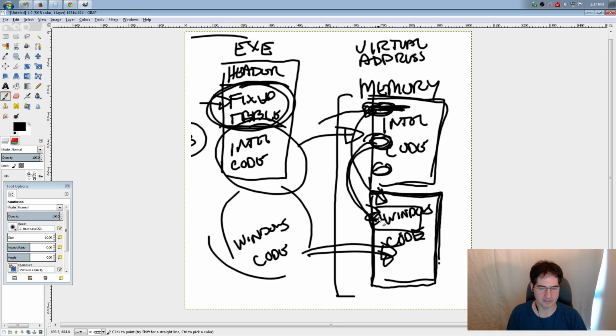When all of that fix-up is done, it uses one final piece of information. It wouldn't really be called a fix-up, it wouldn't be in a fix-up table, but it would be the entry point, which is basically the location in this code to start running. And it just jumps right into that and then goes, right? That is how basically something gets running on an operating system.